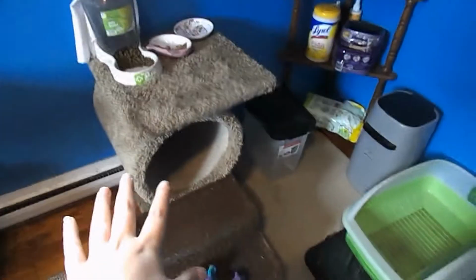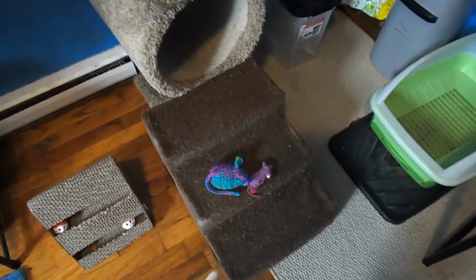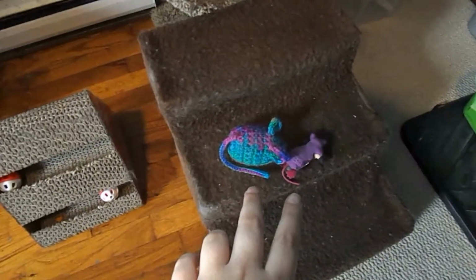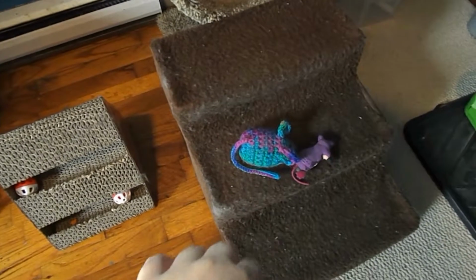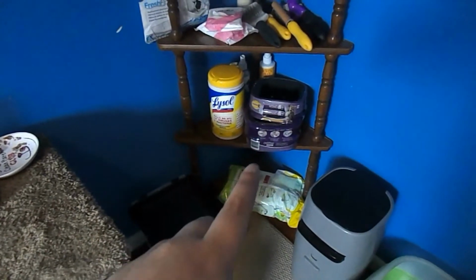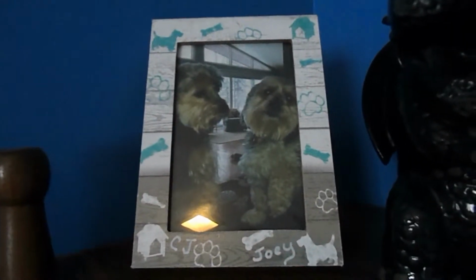Some extra food. She's got this cute little tube and then food on top so the dogs don't get to it. But she's also super old, so she uses a stair. And these are some of her toys. That one has catnip in it. That one, I think, had catnip, but super old. She scratches on this. And then this little shelf has all her needs and such. Some pads for her litter box, Lair Genie stuff, brushes, treats,